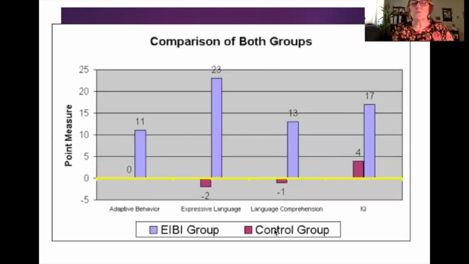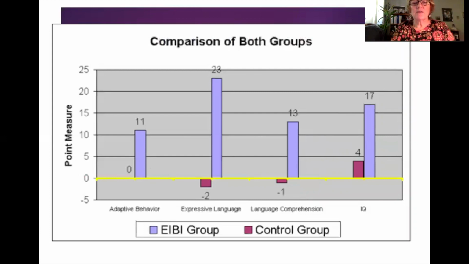So the control group is in red, or whatever color that is, and the EIBI group, or ABA, is in blue. And so what they did was, regular students or their peers were about here, and the ABA, or the autistic children, were here. And they then looked a year later what happened as these kids got older. And in terms of adaptive behavior, the control group made no gains relative to the peer group, whereas the EIBI group here, they were able to catch up a little bit.